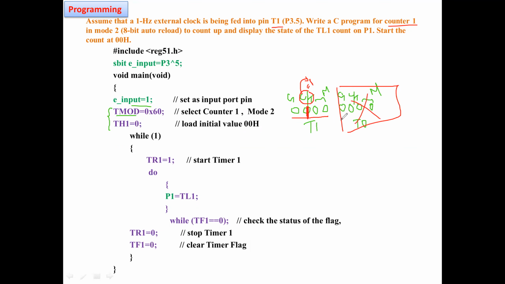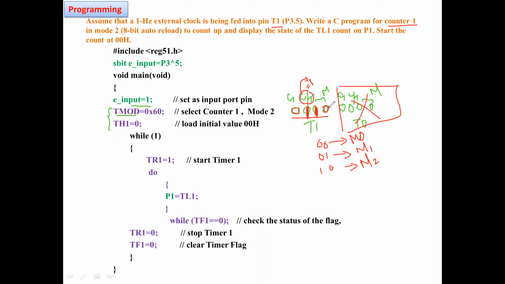Right. So which mode have they mentioned? 00 is mode 0, 01 is mode 1, and 10 is mode 2. So what is the value I should place here? 10 for mode 2.